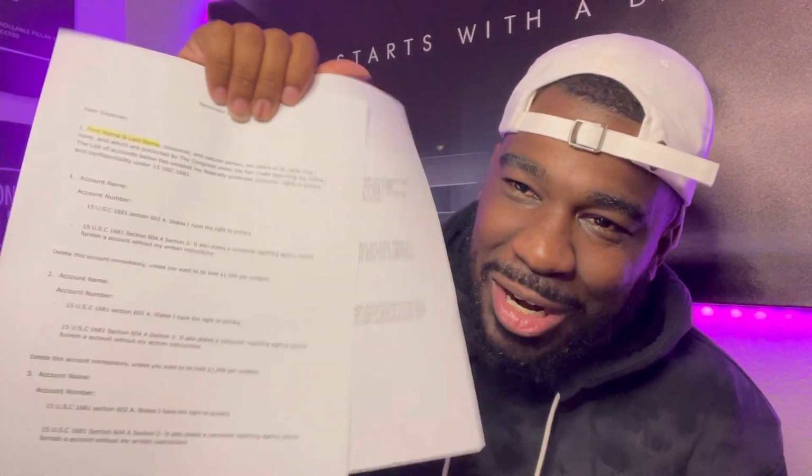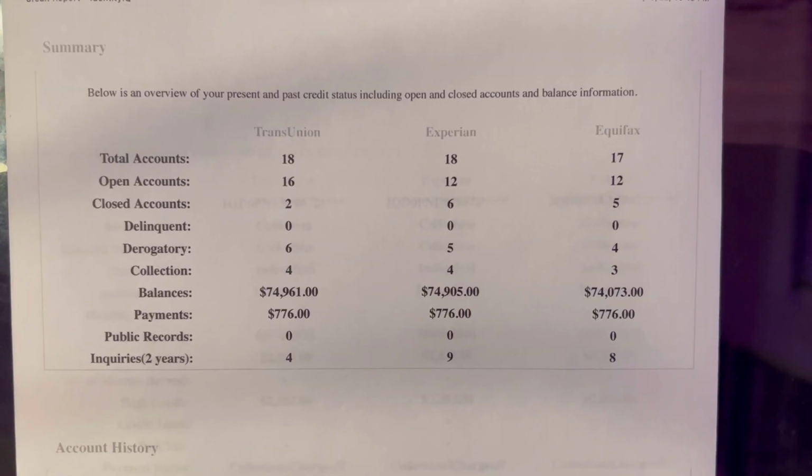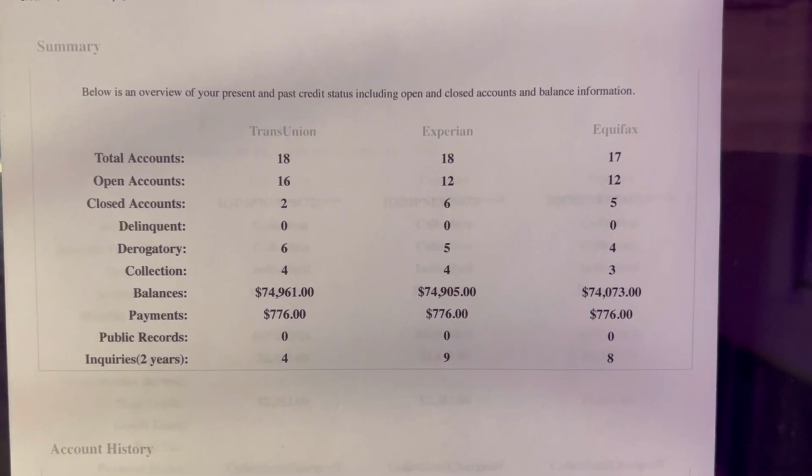So what I got outlined for you today: I'm gonna show you how to use a secret letter, if you don't know how to use a secret letter. Also, I'm gonna show you how to use this KO letter right here, and then I'm gonna show you how to use the terminator letter. I have a 2-part terminator, but I'll give you a sneak peek of the first part right here, because we're gonna get some results. So in order to use any of those letters, we have to identify everything on our